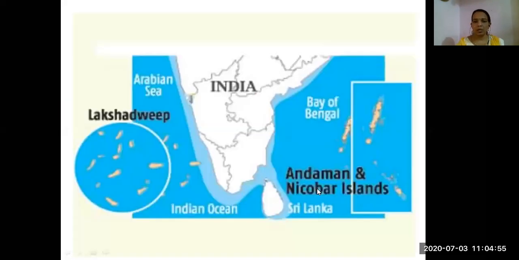These are the two groups, the Andaman and Nicobar Islands and the Lakshadweep. The Andaman and Nicobar Islands are lying in the Bay of Bengal. These are the Andaman and Nicobar Islands. We are looking at the map. And these are the Lakshadweep Islands. Already I have told you, take the outline map of India, and in that same map you will locate both these islands. Look at the Lakshadweep Islands group lying close to the Malabar.